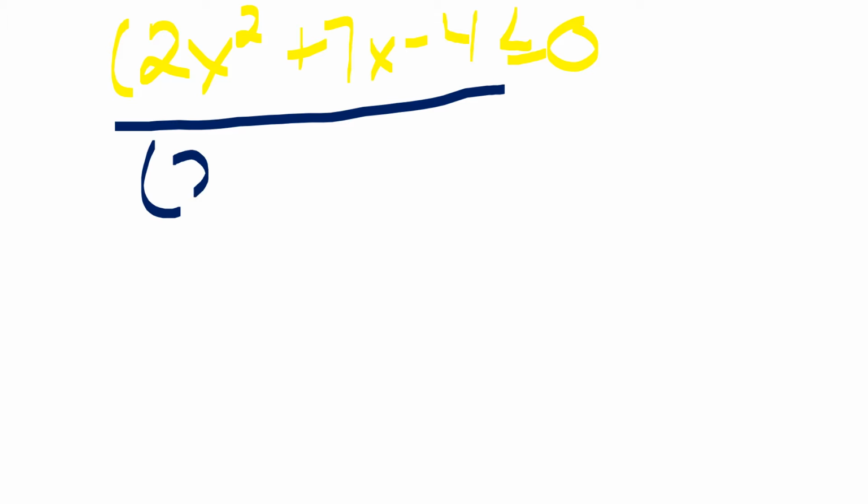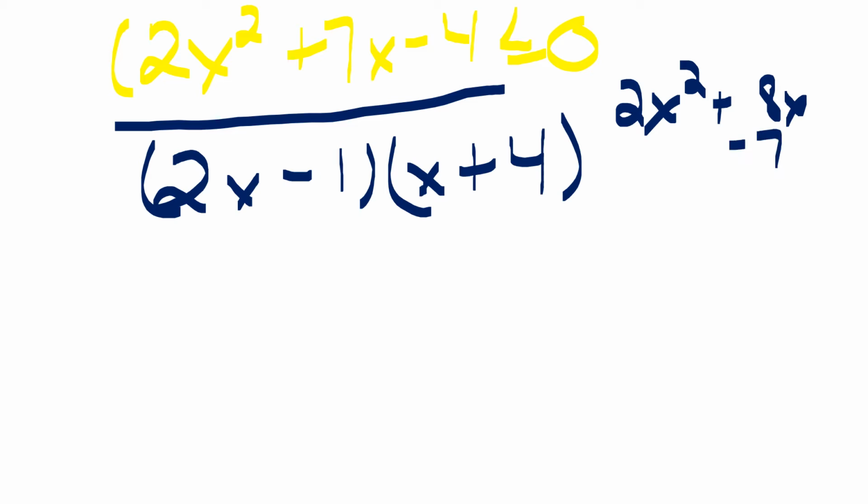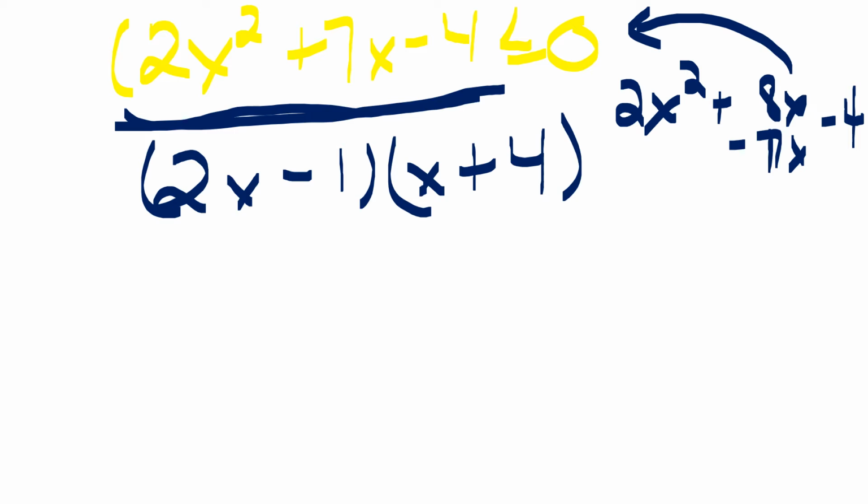So you're going to have 2x minus 1 times x plus 4. And just to verify, you will get 2x squared plus 8x minus 7x minus 4... minus 1x minus 4. And that will give you the same equation right here. Okay. So the thing about it is you have your equation that has to be less than or equal to